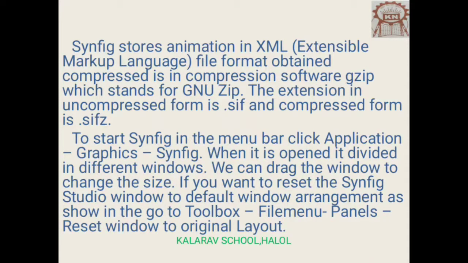Means Synfig file is stored in XML and compressed using gzip software. The extension of uncompressed form is .sif and compressed form is .sifz.